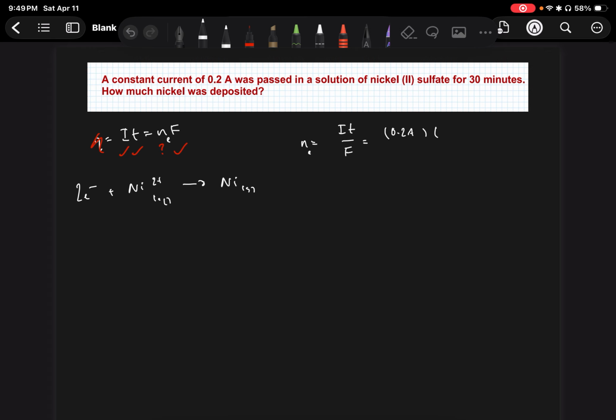Amps is also coulombs per second. So we need to make 30 minutes into seconds, so 30 multiplied by 60, divided by Faraday's constant, which is